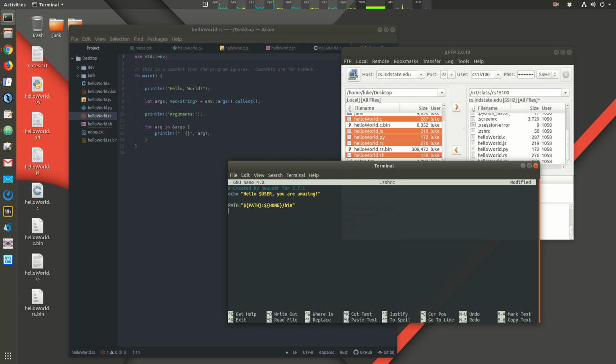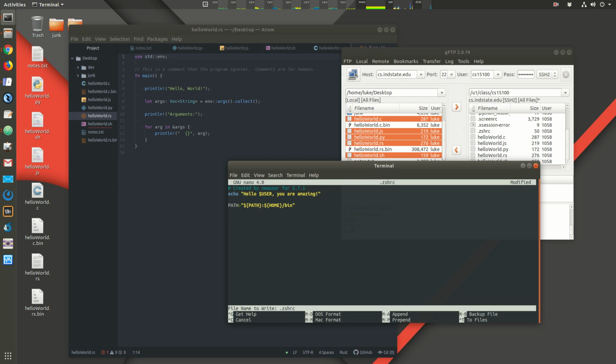So now anything in this bin directory can be executed as if it was just a regular command, and I can execute it from any place in the command line, any working directory I'm in. So if I've changed directories anywhere on the system, I can still run this command. Okay, so we're gonna save that,